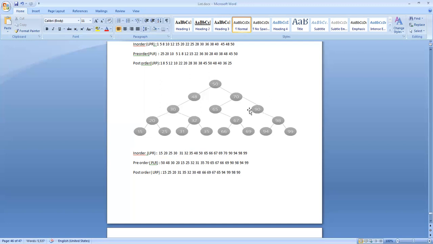Now the parent of 90, 70. Now the parent of 70, that is 50. See, the root node comes very last. That is how the post-order is executed for this tree.